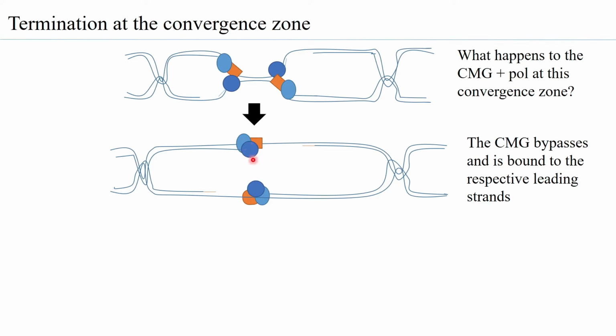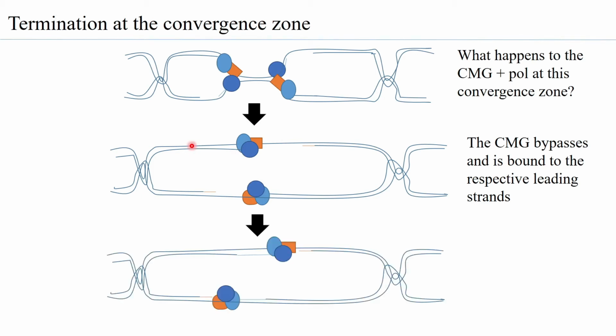So, by all means, the CMG can continue to be attached to the template which is synthesizing the leading strand. Thereby, in eukaryotes, this possibility is greater than in prokaryotes, because of the way the replisome machinery is associating with the template strands. Now, what happens is that the lagging strand of the replication fork is now being used